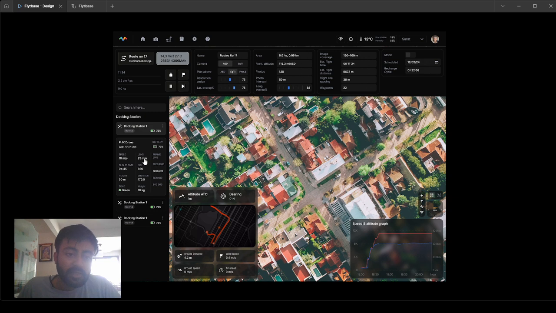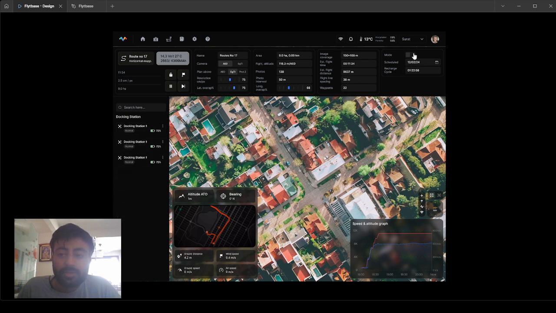Related to the MJX drone, here you can see the battery, speeds, lens, flight time, ISOs, height, shutter speed, zone, rates, all the data related to the drone. Here you can see that by simply clicking on this, you can change the mode. If you want to make it automatic, then it is automatic mode when